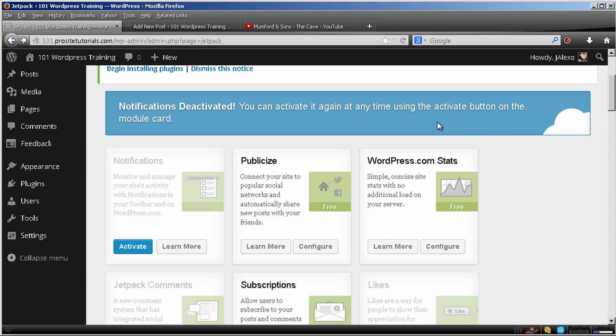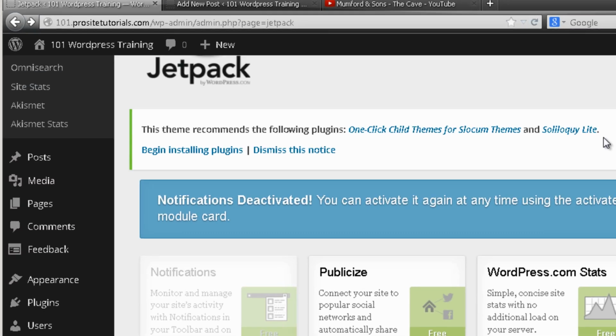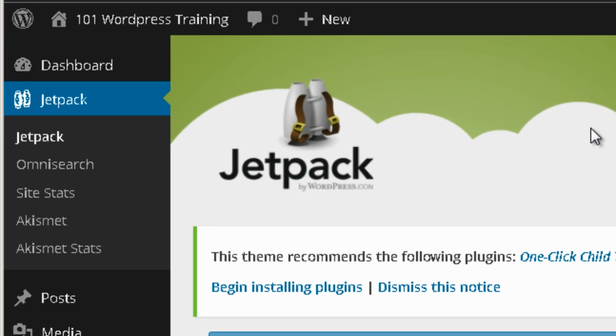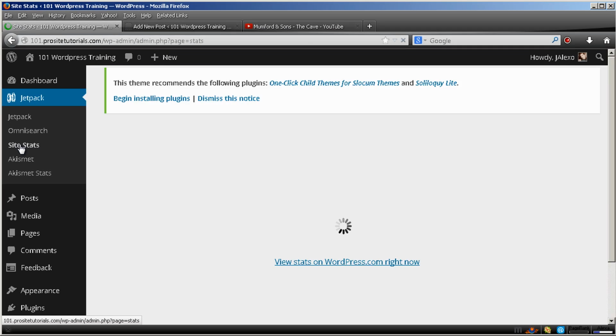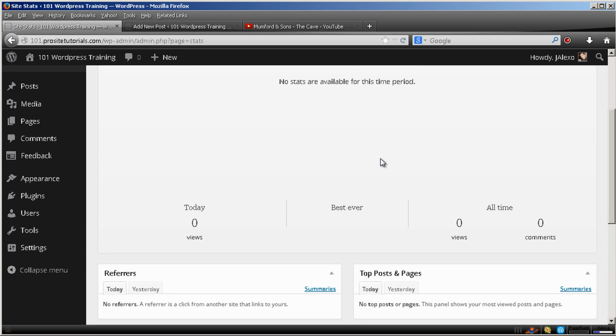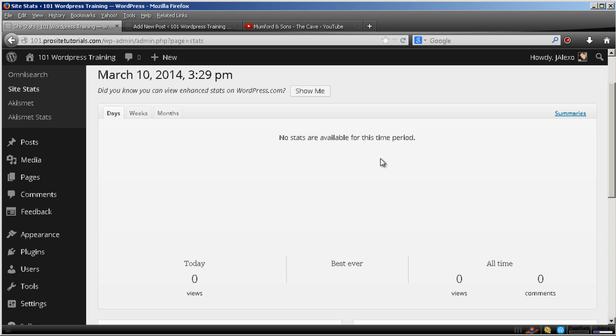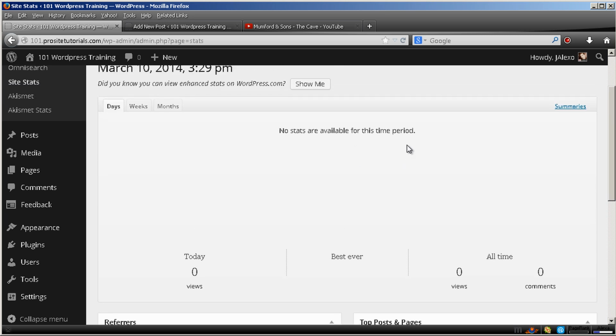Okay, the other feature that I like is called WordPress.com Stats. You can see that once you activate Jetpack, you will get a small section called Jetpack. This feature is called Site Stats that appears over here, and once I click on it, you will see that currently I don't have any information because I just activated Jetpack. But after one day or a few days, you will start seeing this changing,